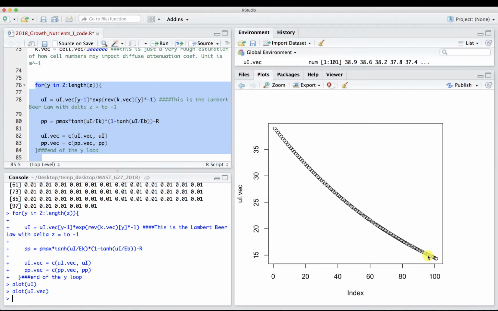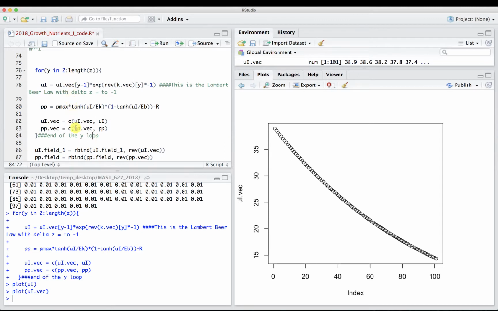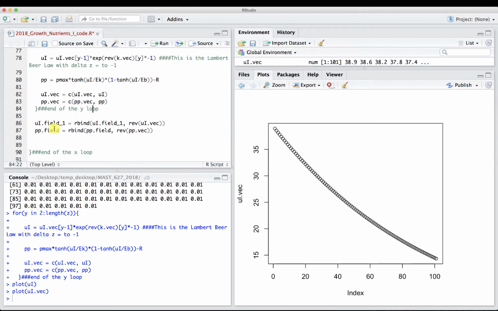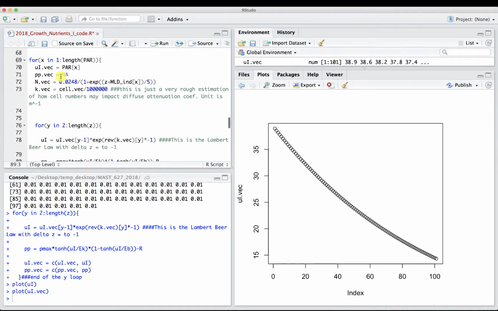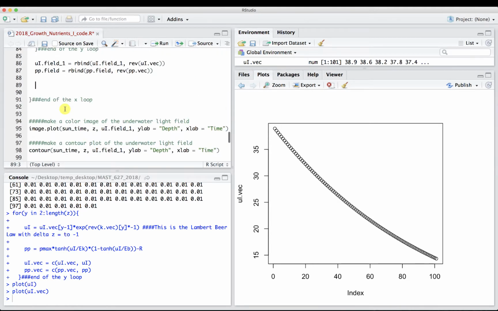All right, good. So once we do that, and we assemble right here our underwater light field and our primary production field. So we have light, we have the amount of carbon from our primary production that we've produced over that light field. And so now we need to compute what our growth rate would be based on that light, that primary production, and the nutrient field that we generated up here, the nutrient vector. So first we're going to do it based on nitrogen. So N mu